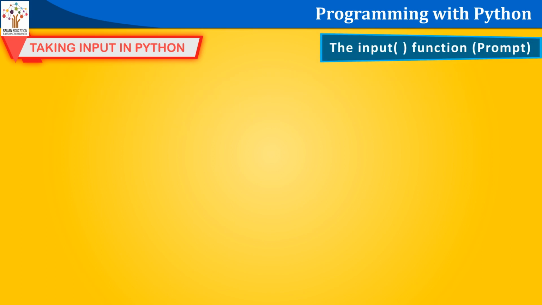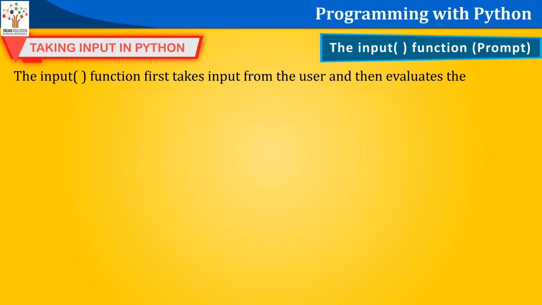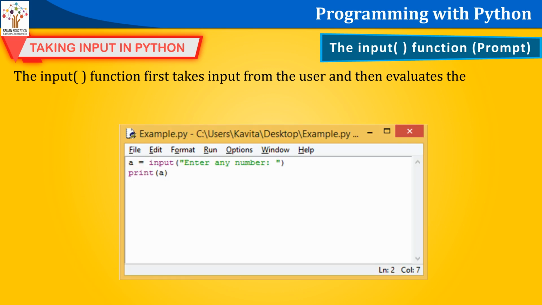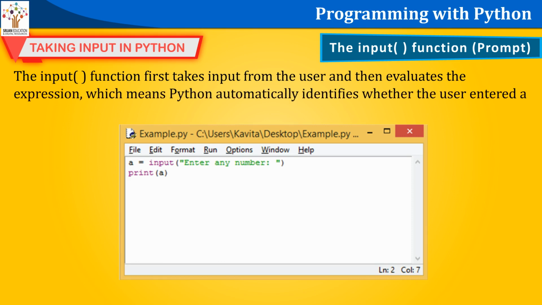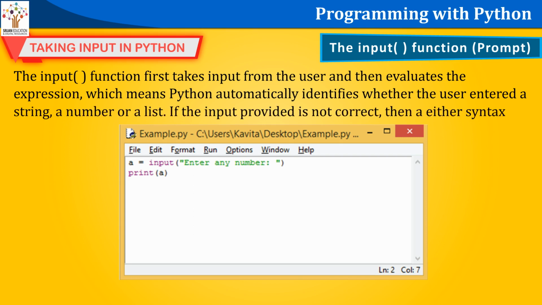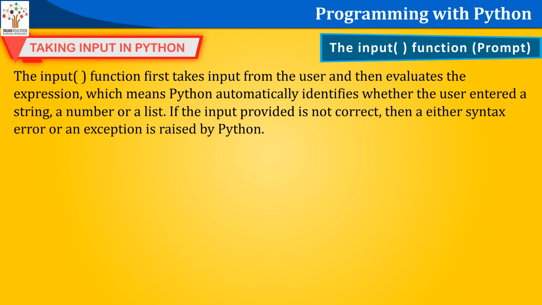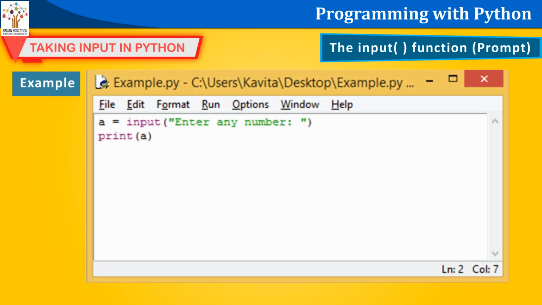The input function, prompt. The input function first takes input from the user and then evaluates the expression, which means Python automatically identifies whether the user entered a string, a number, or a list. If the input provided is not correct, then either syntax error or an exception is raised by Python. Example: